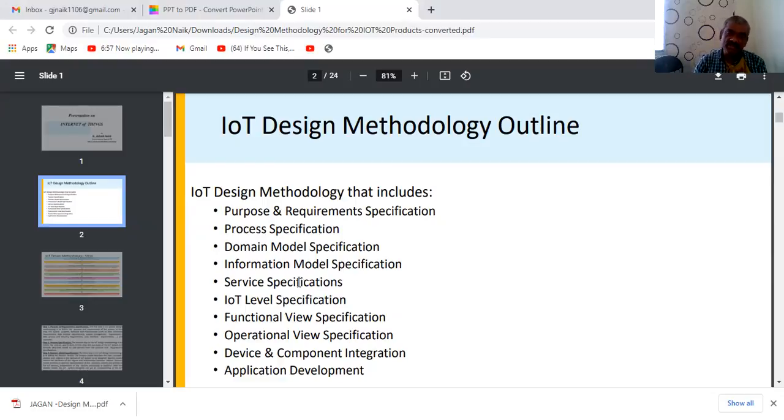So these are the steps we are going to discuss to do the automation for any kind of application.